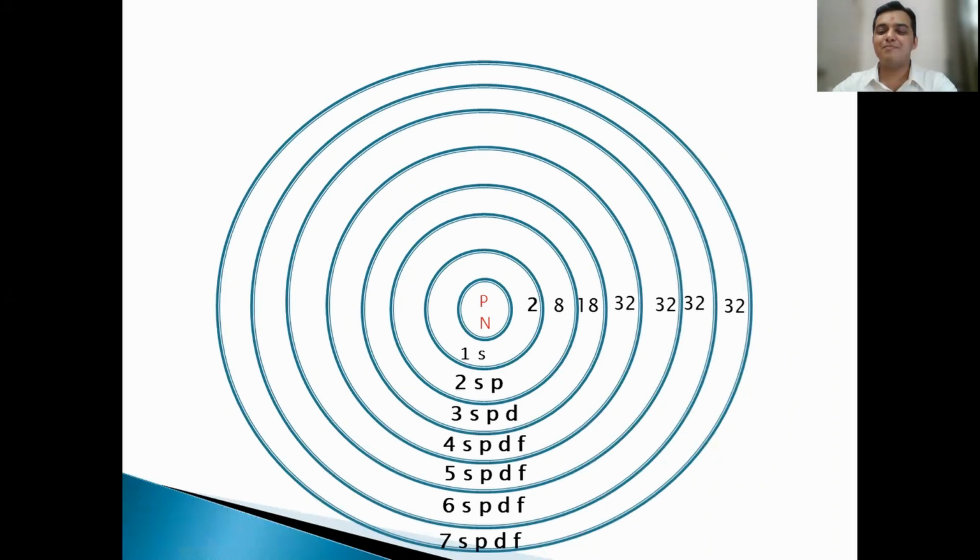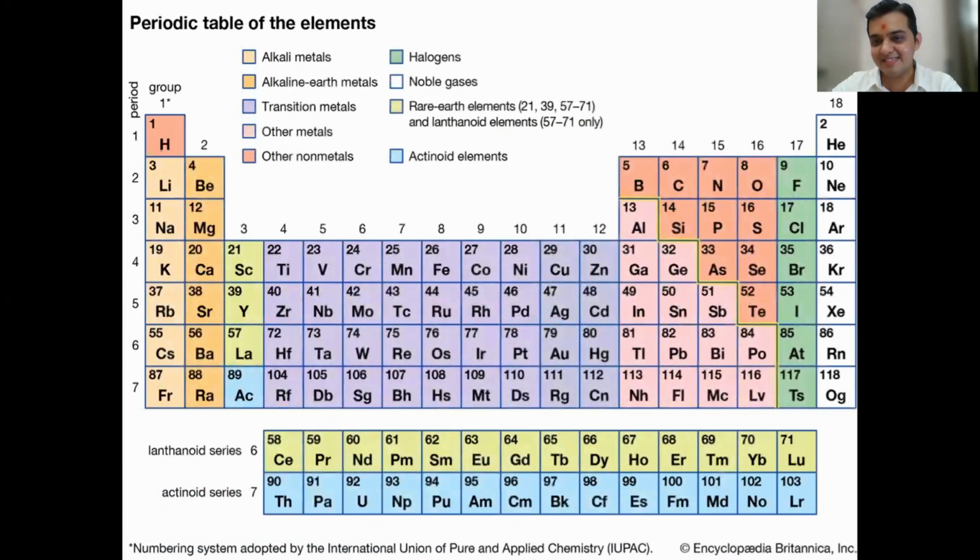And the most important point, the video was made on the design of the periodic table. Everybody look at this. S block contains two groups, group 1 and 2. Why? Because the S orbital can have only two electrons. Again, P block contains group 13 to group 18, six groups. Why? Because P block contains 6 electrons. D block contains 10 groups, 3 to 12.